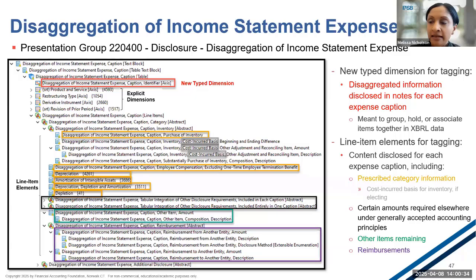We've also provided line item elements for other items remaining, as well as for tagging the reimbursement amounts. Those are the elements that you see in the purple box. Next slide, please.